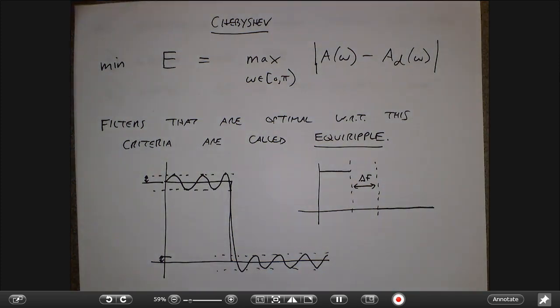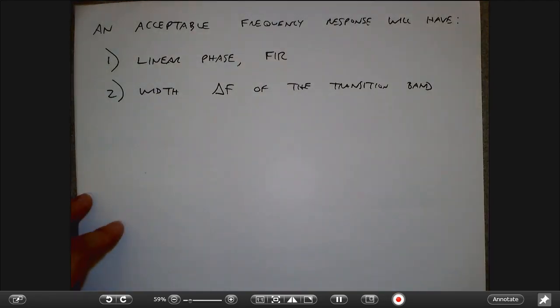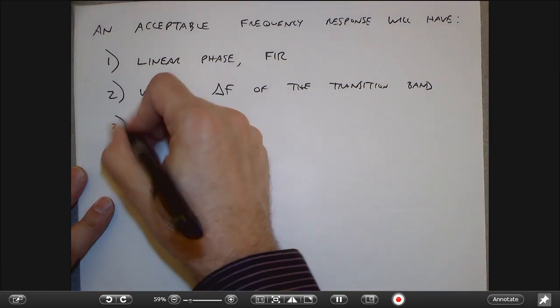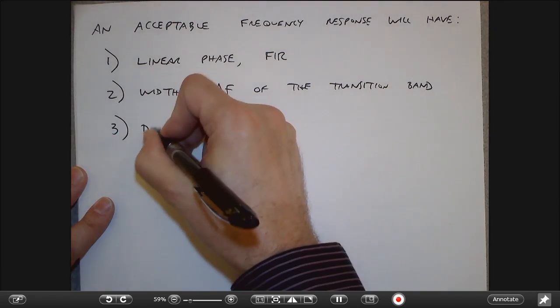And of course, the smaller delta F is, the more stringent the specifications are on the filter, right? That's like saying you got to really book it from the pass band down to the stop band. And probably to do that, I'm going to need a lot of filter taps. Okay. So I specify the width, and then I specify the deviation